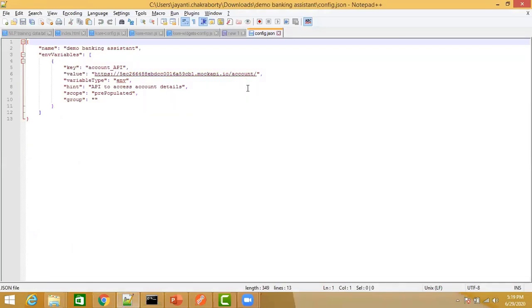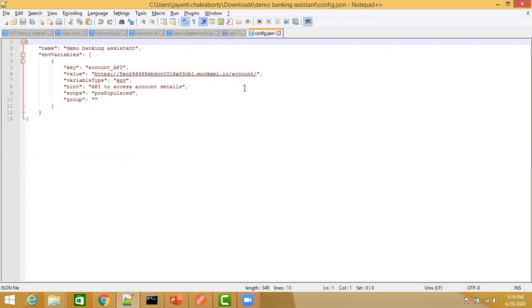So before you import this bot into a new environment, new server, or maybe you are creating a new bot out of this export copy, and you want to change the API, you can also open this particular config file, and there under environmental variables, you will get to see your APIs. You can change these APIs over here as well.